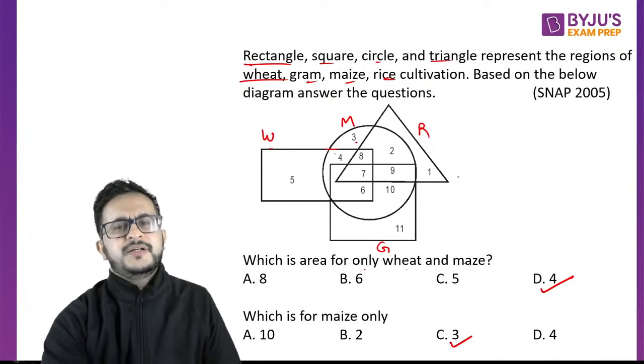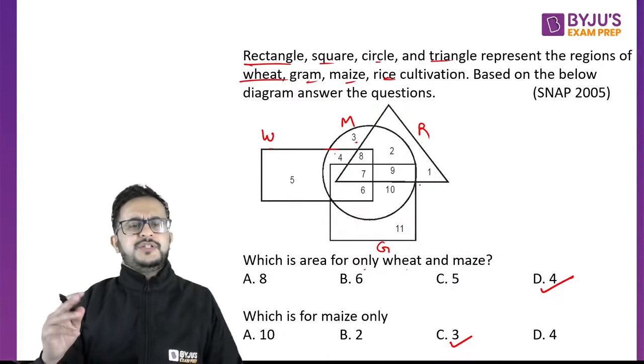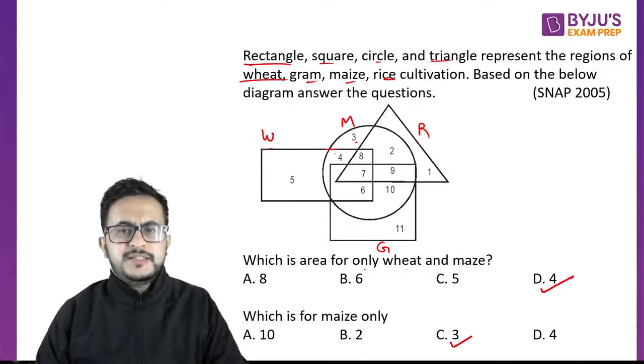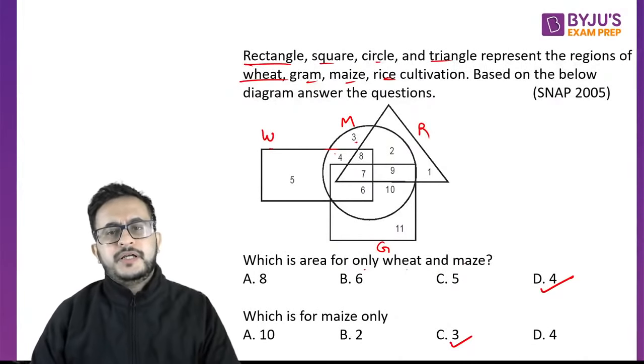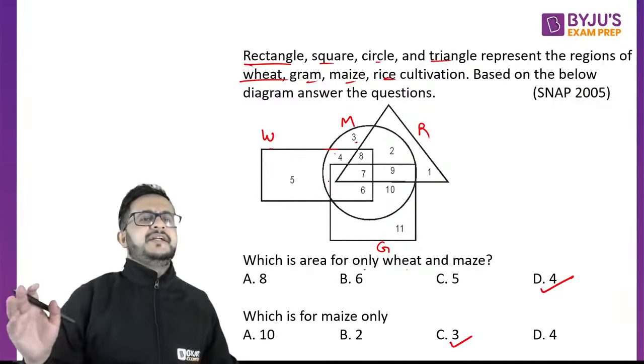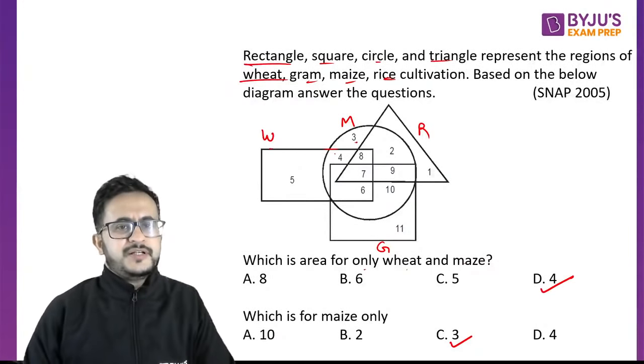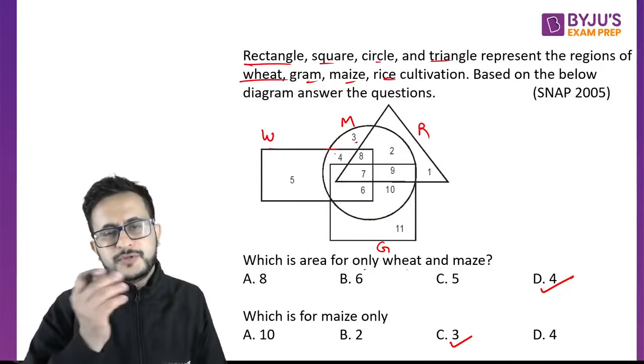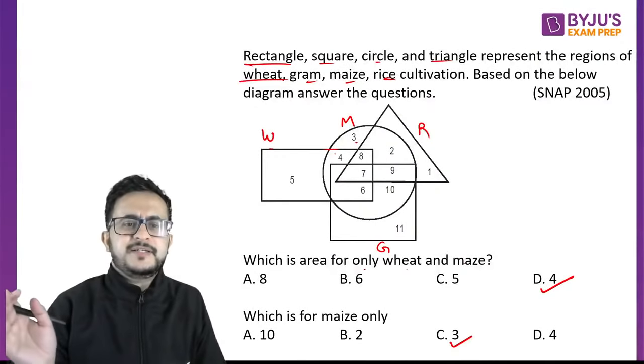So you should be able to do these questions. These questions are generally easily doable, right? If they ask you all four, it is 7. So basically, if you have an understanding of Venn diagrams, you can do these. You do not have to apply numbers or do calculations. They will say some regions, right? ABC